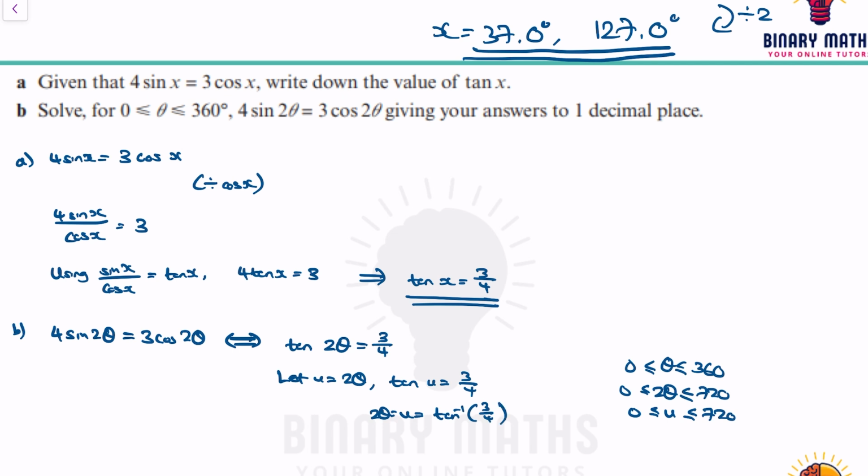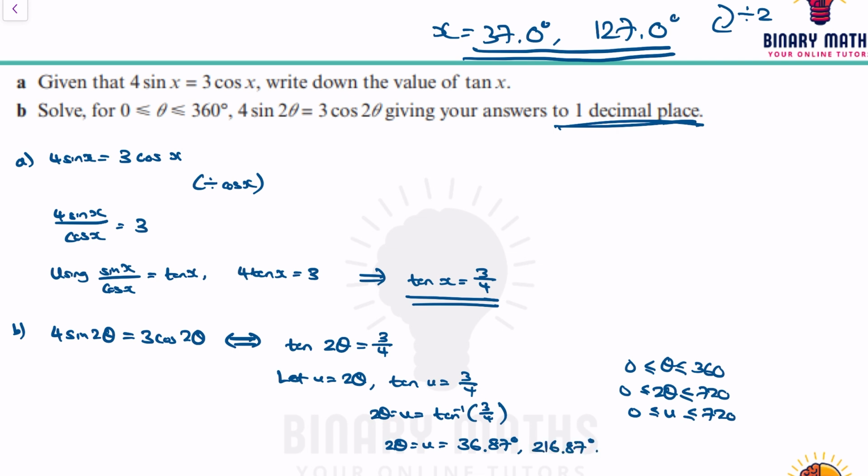When I do inverse tan of 3/4, the first value I get, so 2 theta, which is u, will be equal to 36 point. Now, because I want the answers to 1 decimal place, I'm going to round at this point to 2 decimal places. So I get 36.87. Now, don't forget the tan graph repeats itself every 180. So you have to add 180. So the next value will be